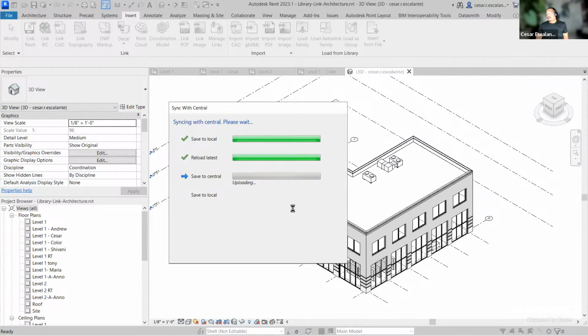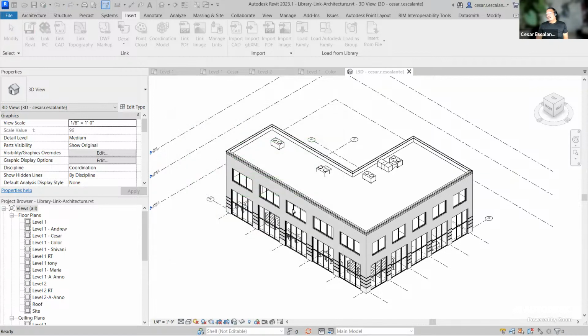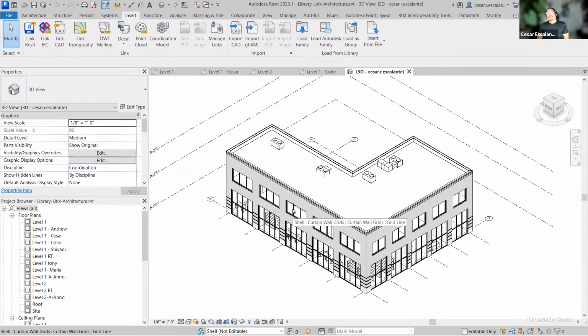Next class, I think it's detailing. No, it's for next class, we have phasing and design options. So if you work with renovations and you're interested in knowing how to do existing conditions and new conditions,